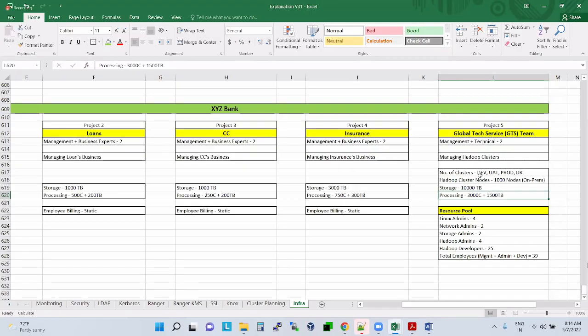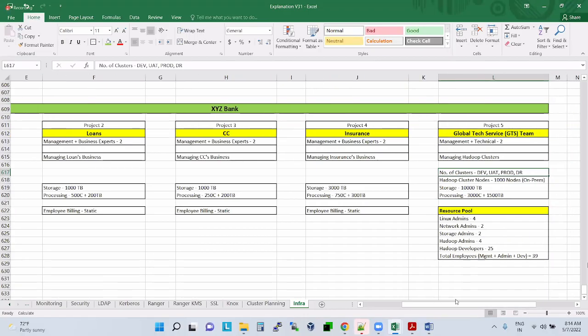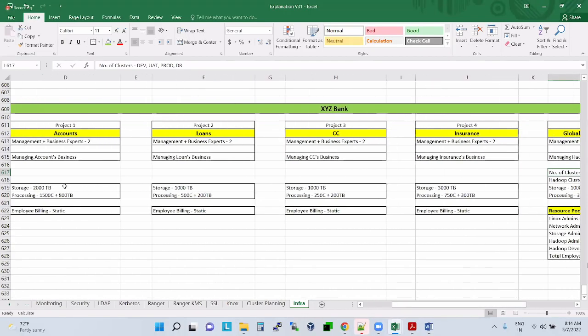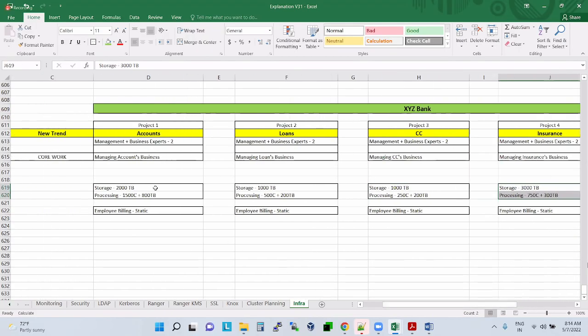And they tell us, hey guys, let us share this cluster across these 4 projects. Each project comes asking, I want 2,000 TB and this much processing capability. As per the requirement from each project, we provide it. We means this team is providing the resources for these people. Understand? This is what is happening.